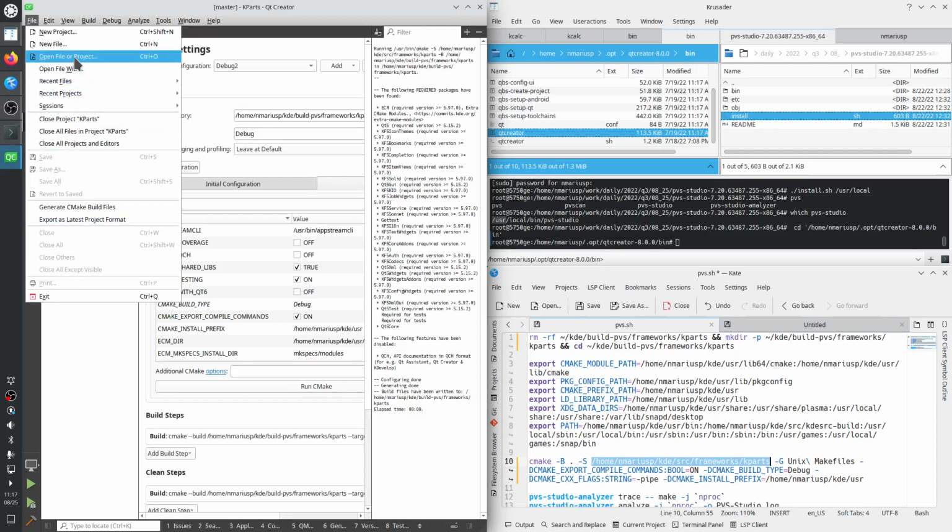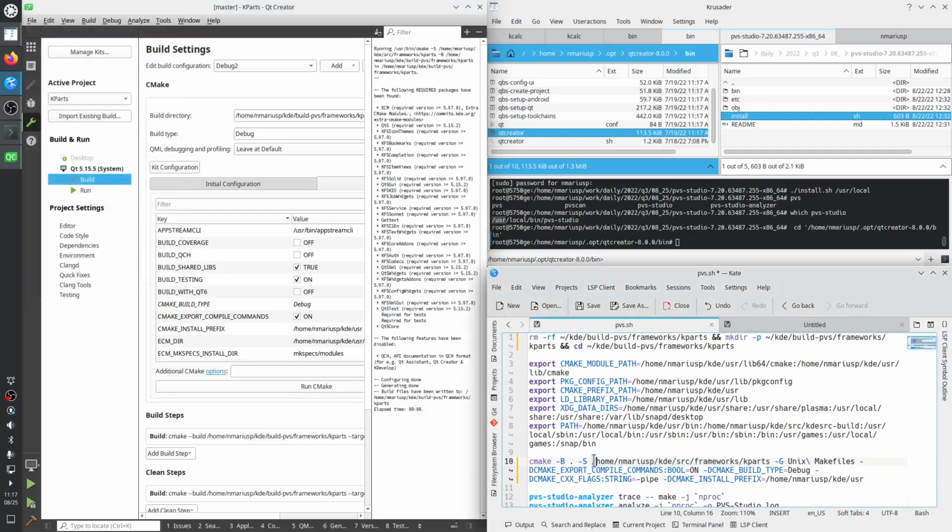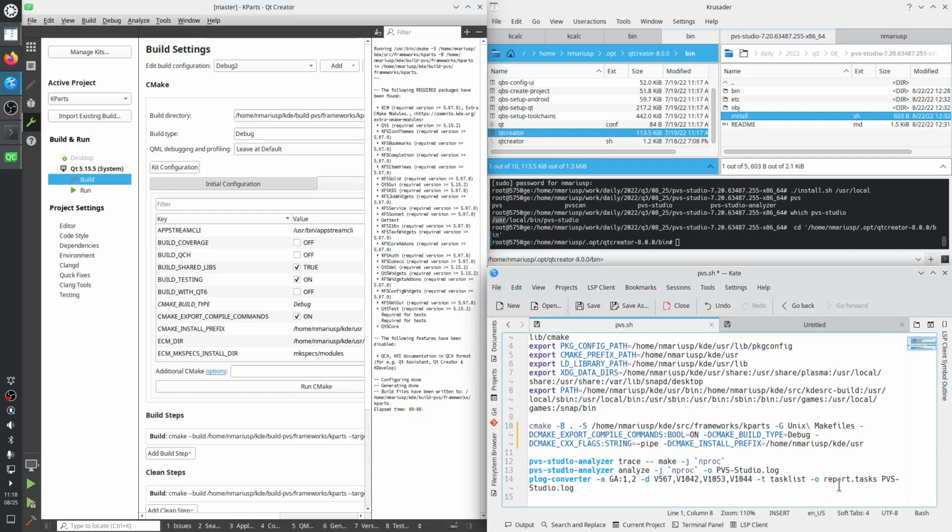And then I go open file or project, in my case. So I give it the directory of the source code/CMakeLists.txt, and then I remove the existing kit from manage kits, and import existing build, the build directory. Okay, and the last step is to actually use this file, which is called report.tasks, which is from